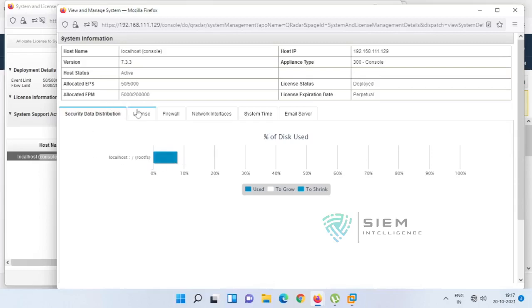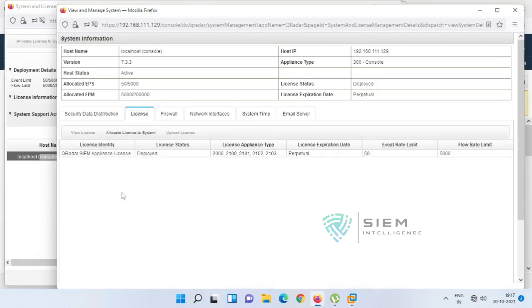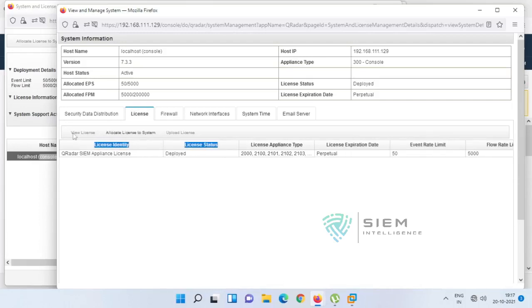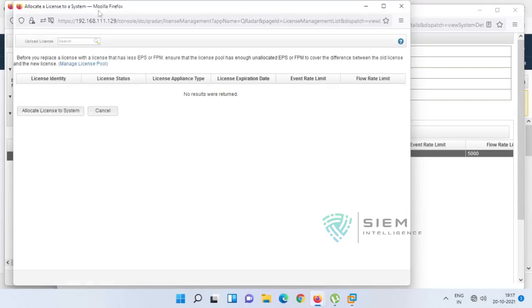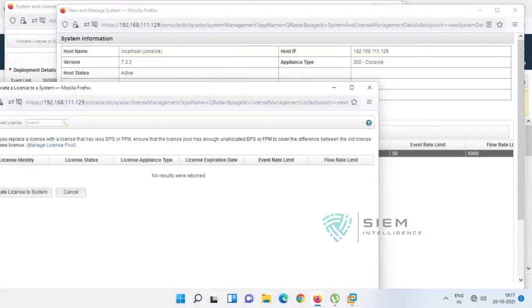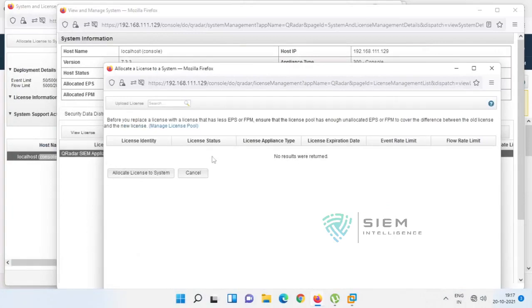And it is giving something about license over here. By default, this is the license. Here, as it is a community edition, we are not getting this. See, allocate license. By default it is there, that's why it is not giving any licenses over here. Otherwise it should provide the license over here.